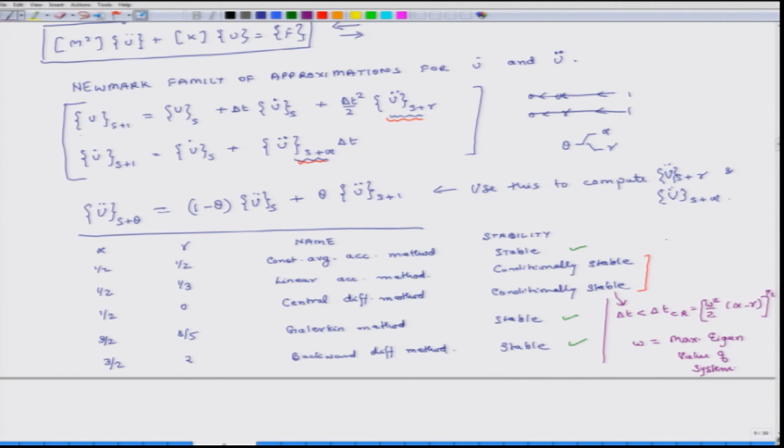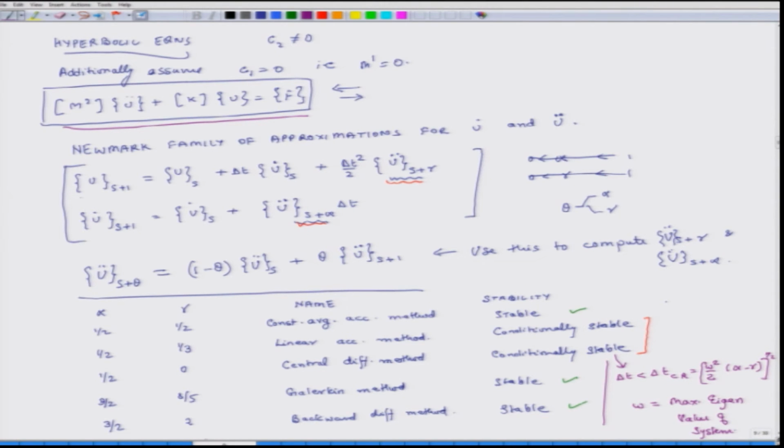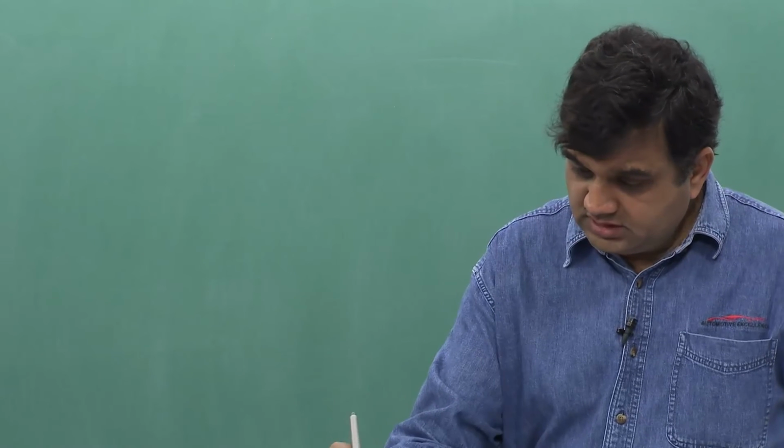So, once again, if we have to use these two methods, linear acceleration or central difference method, which are conditionally stable, we have to ensure that the time increment is less than the critical time, which equals the square root of omega square divided by 2 times (alpha minus gamma), and omega is the maximum eigenvalue of the system. I have to calculate the eigenvalues by putting f equal to 0 in this equation. Next, I will straight away write the solution of this equation, because you know the philosophy and the theory, and at this stage for the purpose of brevity we will straight away write the solution of this equation, and the solution is